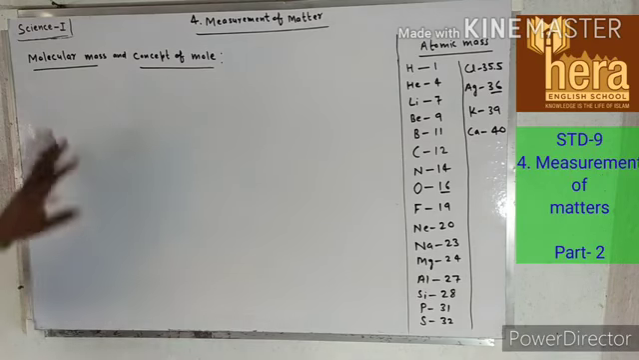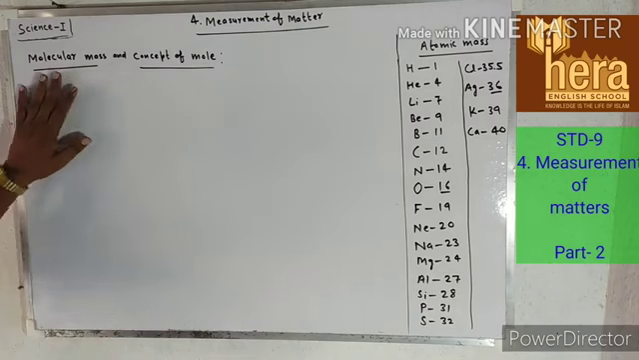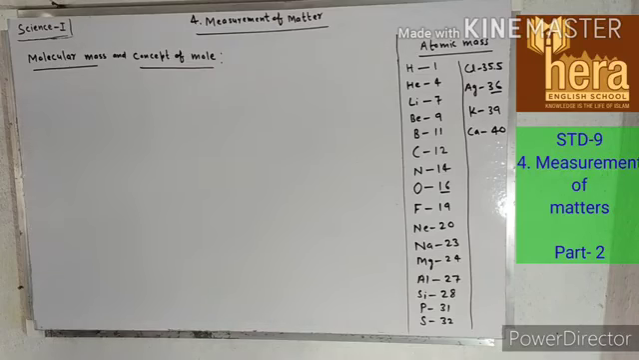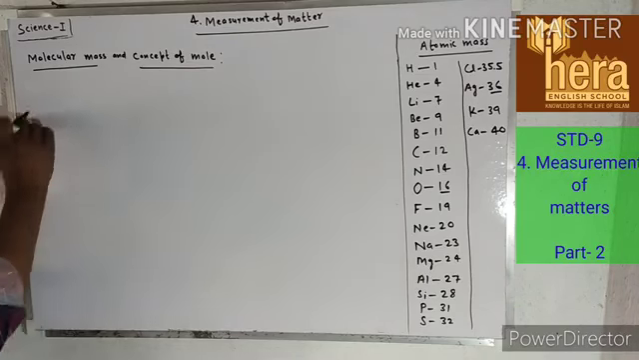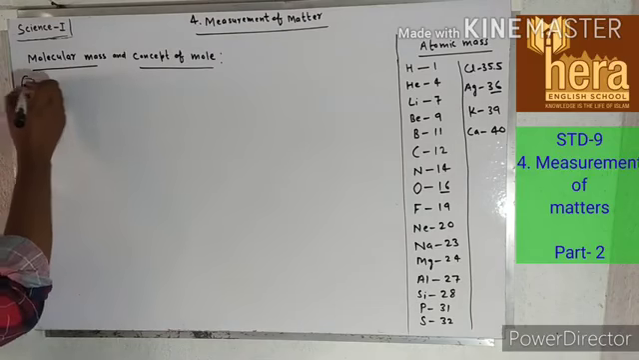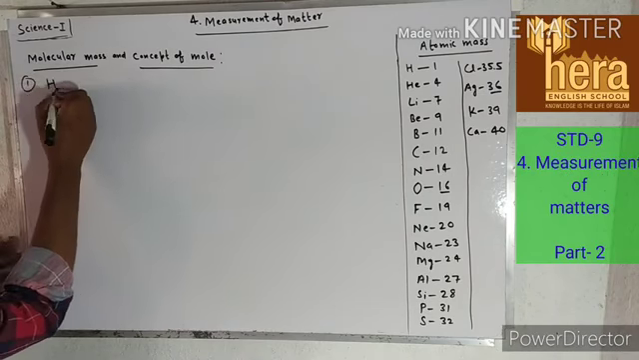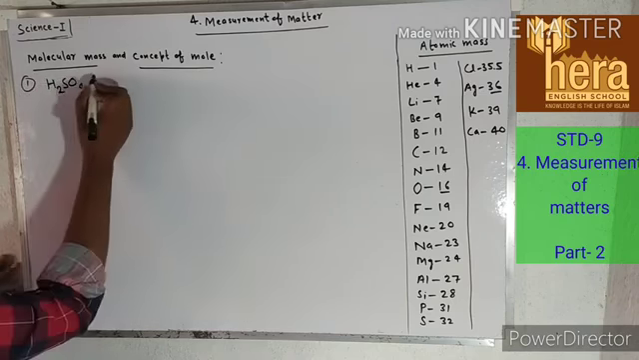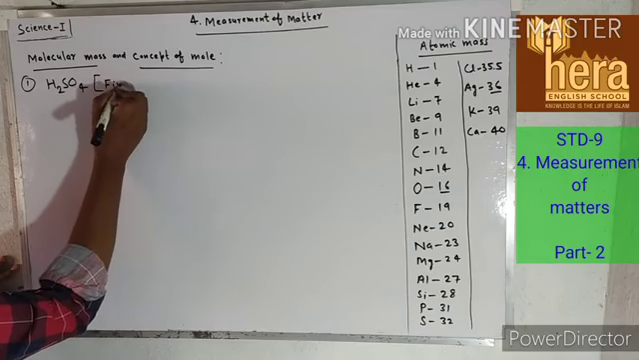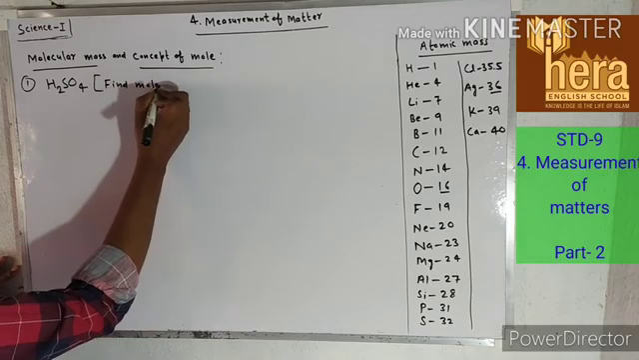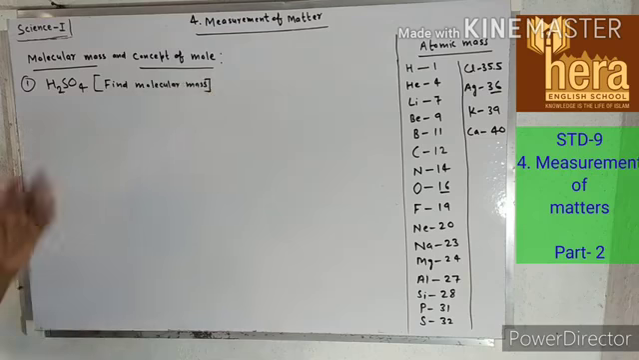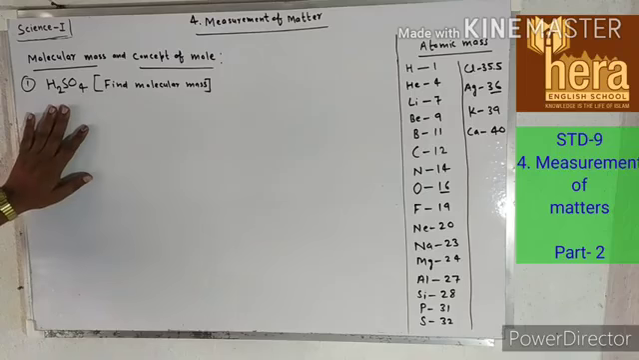So first of all, what is molecular mass? Okay, I will explain with the help of an example. If I say find the molecular mass of a substance, say the substance is H2SO4, you have to find the molecular mass of H2SO4. Then what you will do? So what you have to do,